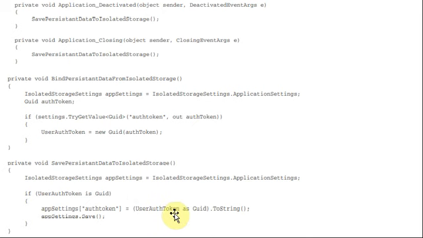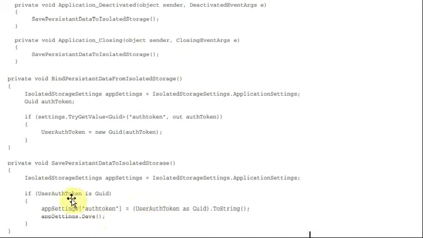Next is save. Save is when you are coming out, right? That is when you're exiting. In that case, what happens? If the user authentication code is a GUID, that is if it is a valid user, then what you have to do is the authentication code as a GUID is converted to string, and after that it is checked. That is ToString. And here what you're going to do is exit, right? So when you're going to exit, that data should be stored in the isolated storage. When you're going to store also, you're checking for the valid authentication code. If it is valid, only then will that data be stored in your isolated storage.